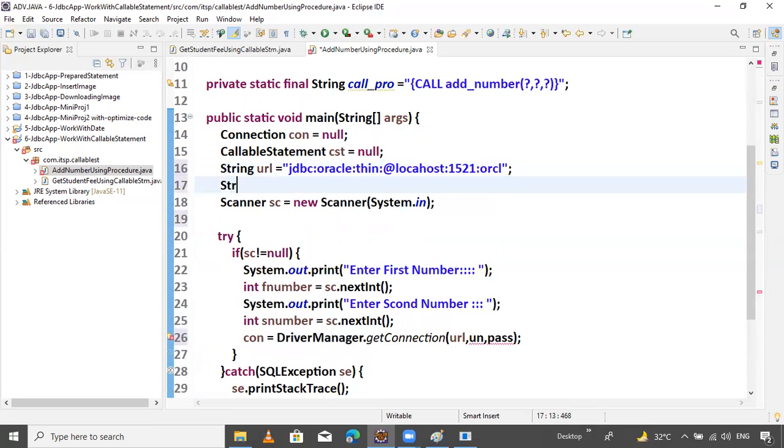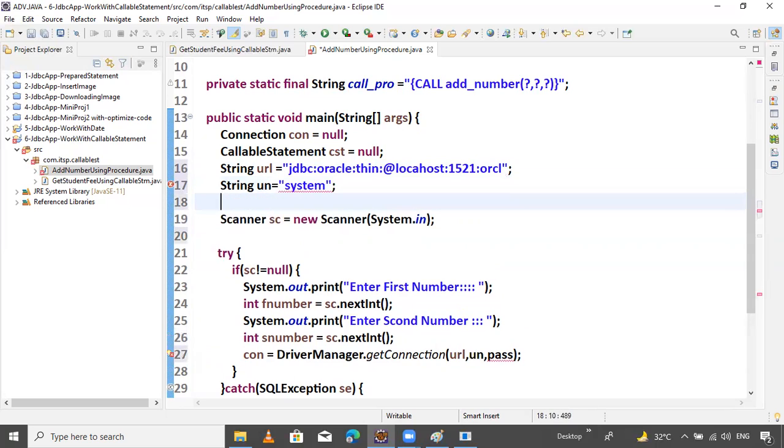That's it. And String uname equals system. In my database, the username is system. And String pass, which is my database password. Password is system. That's it.